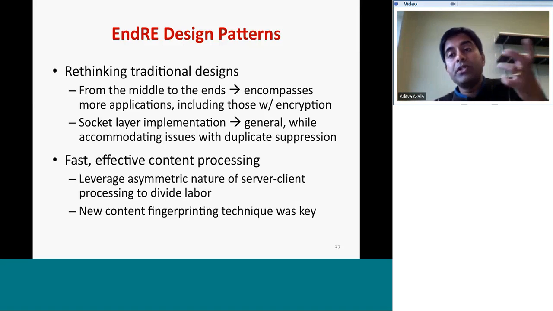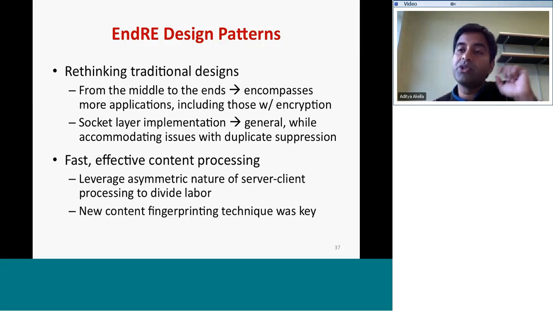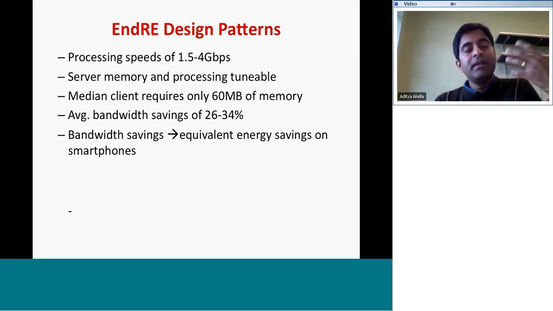And as you saw from the results, the new content fingerprinting scheme we developed, SAMPLEBYTE, proved crucial for the specific situation at hand for us. And so these design patterns gave us significant processing speed. Server memory usage and processing was tunable, and we got significant bandwidth savings and energy savings from doing that. Okay, so that's about EndRE.